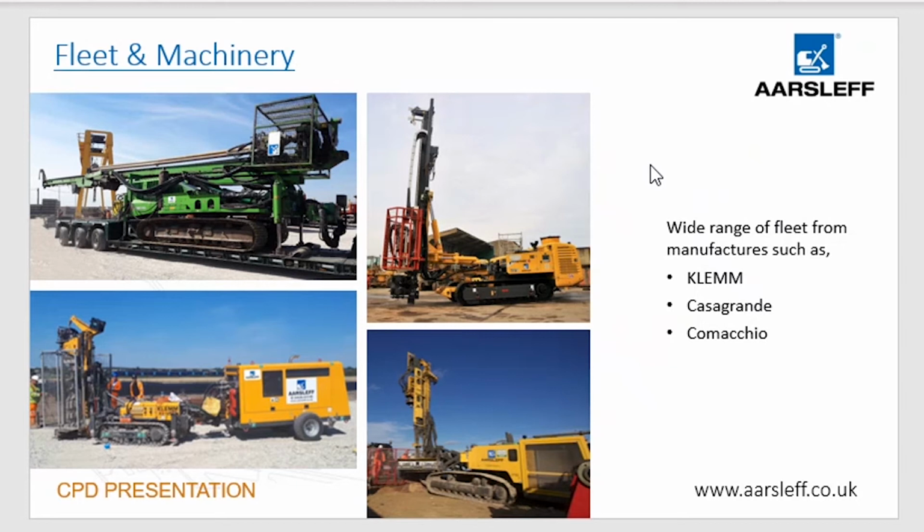Has good capacity in terms of cross-sectional area and penetration depth that it can get to. So really good rig. It's got some reasonable output as well in terms of how much you can do per day. So that does redress some of the cost in terms of